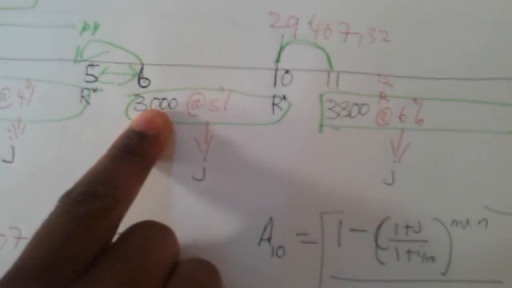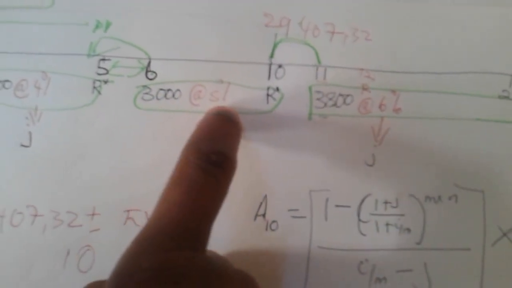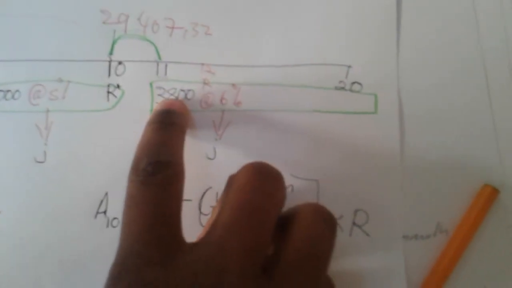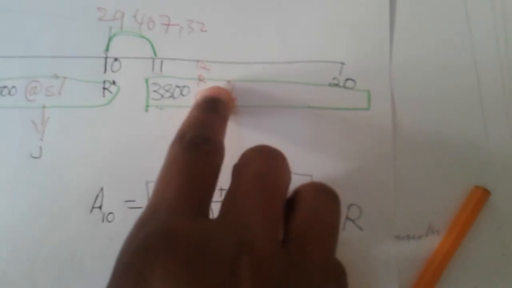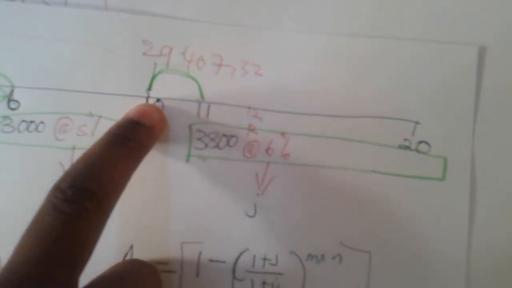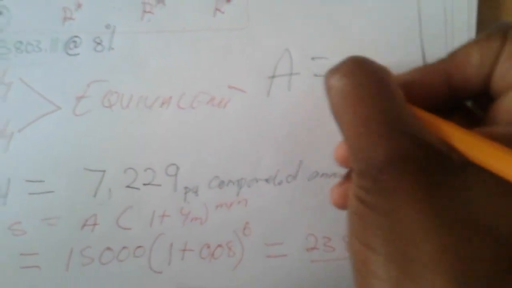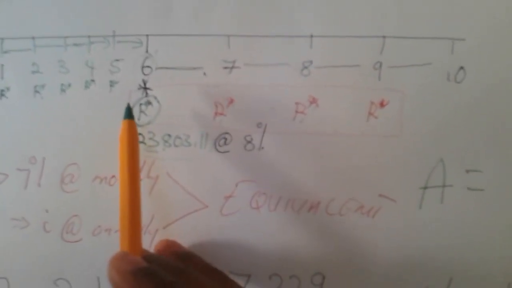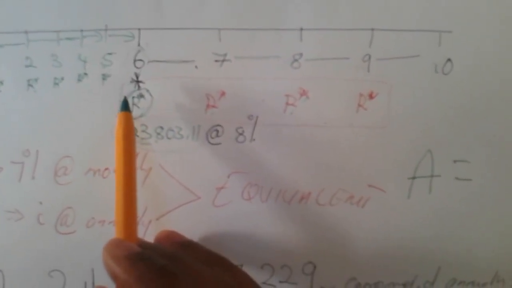Remember, there was our payment, it was increasing at 5%, and we computed the PV. Or let me use this one. The 3.8 was our first payment. It was escalating at 6%, and we used the formula to get our PV of 29 at the end of year 10. So the same principle applies here. You now have your first payment, you now have your escalating rate, so you can now use that A formula to get your PV, but now it will be at the end of year